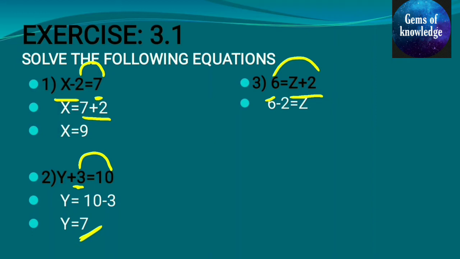Okay, 6 minus 2 is equal to z. So what is 6 minus 2? It is nothing but 4, which is equal to z. So automatically this will become z is equal to 4. Next question is